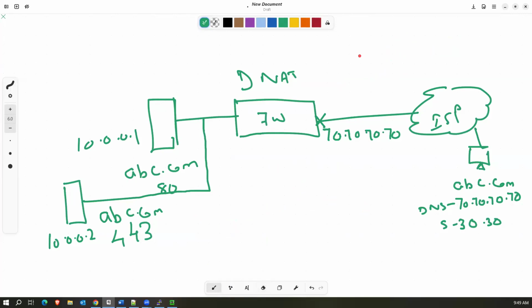Now, let's say the connection coming from this client ABC is trying to reach abc.com on port 80. Before that, let me define the rule. In the firewall, we will have a rule which says: if the connection comes to 70.70 on port 80, then translate this to 10.0.0.1. But using the same IP address, if the connection comes on 70.70 with port 443, then translate the connection to